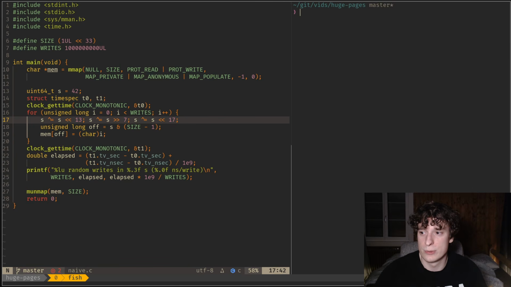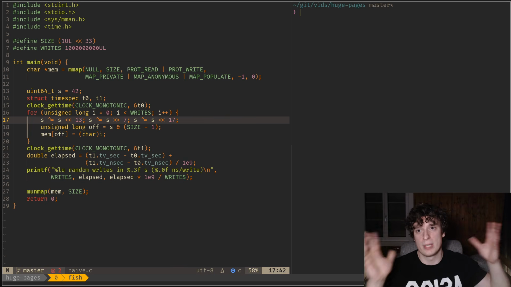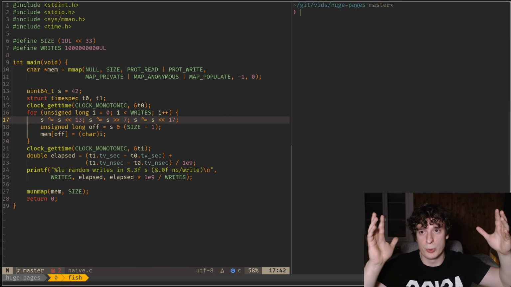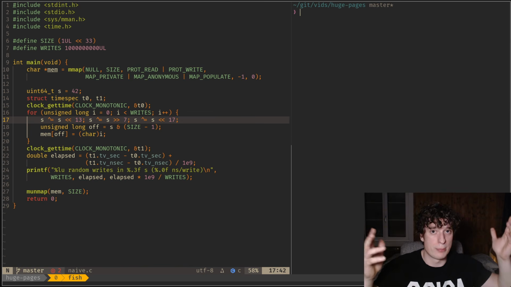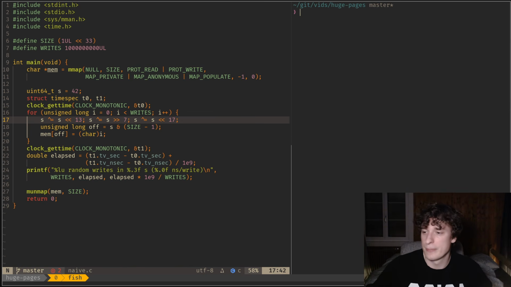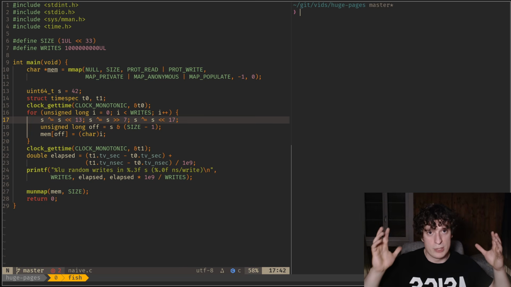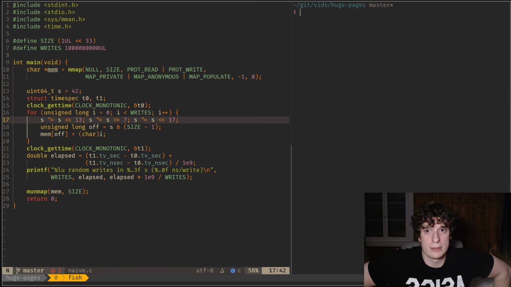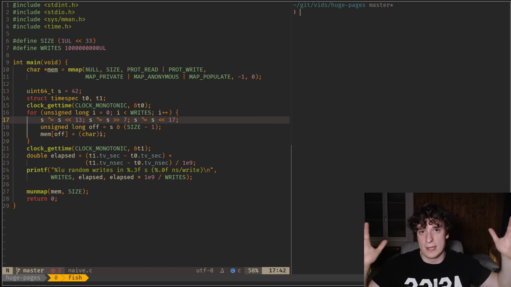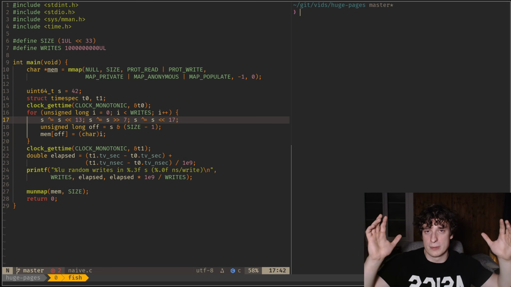Okay, in this one I wanted to show you a way to optimize memory access on Linux with huge pages. Linux has memory pages that are mapped into your process whenever you, for example, malloc, or if you open a file in a particular way. And those memory pages are 4K long, and since your process has virtual memory,